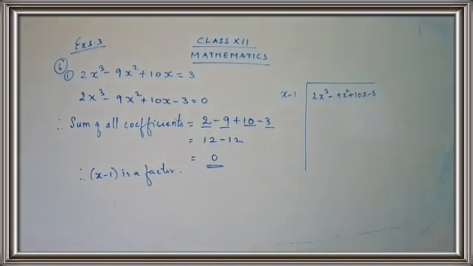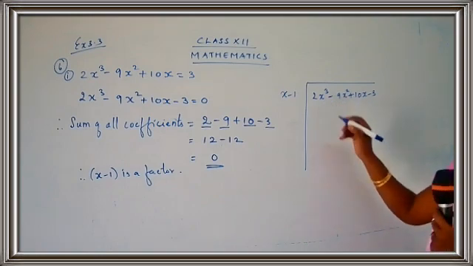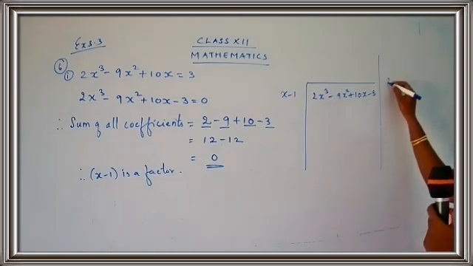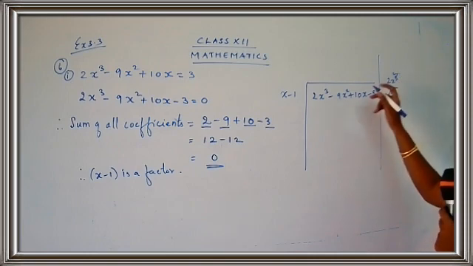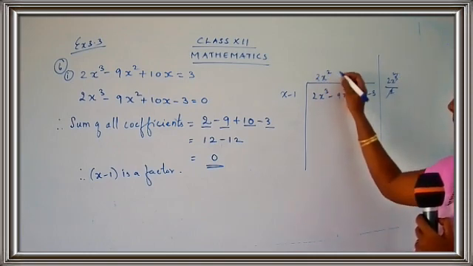Come on, you know how to do the step. Take the first term and the first term and divide it. What is the first term, children? The first term is 2x cube, yes? So 2x cube upon x. So x gets cancelled and x square will be left. So 2x square. Very simple.